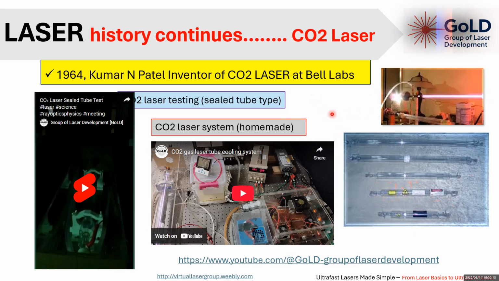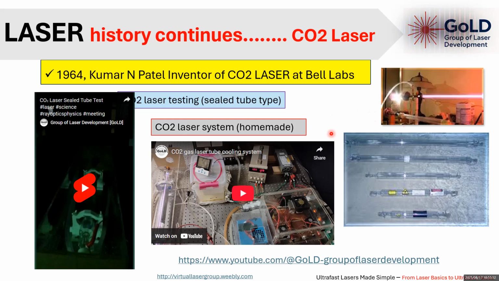The other type cannot be filled up once. You have to supply the carbon dioxide continuously, with a vacuum pump and a cylinder, injecting the carbon dioxide gas continuously, and you have a high voltage discharge inside the tube, so you stimulate it and then you have a stimulated emission. And this is, if you see here,